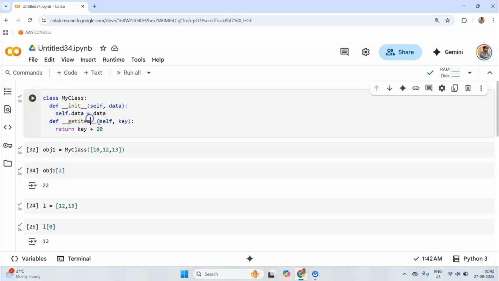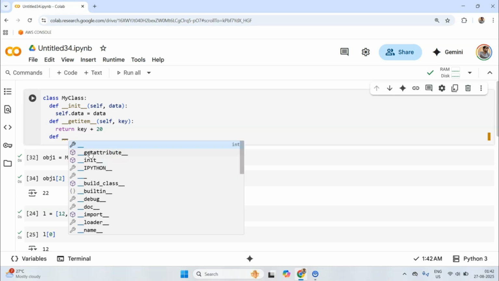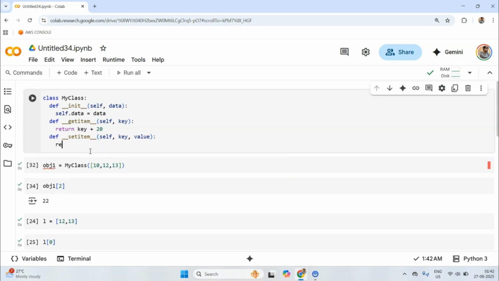Okay, now there is one more method. In fact, there are 3 methods which, when combined, you can create list-like subscriptability. There is one more method, which is called setitem, and it takes the same kind of structure, self, key, but this time it will also take value. So this time we want to take the key and the value, and we want to set this item somehow. But currently we are not maintaining any sort of internal data structure within myClass, so we don't know where to set these keys.